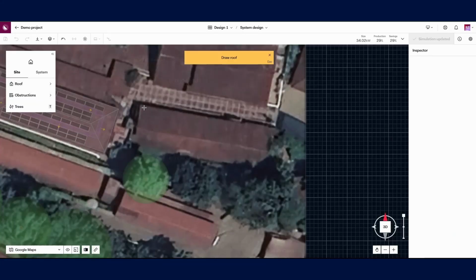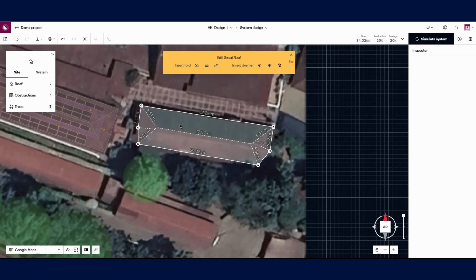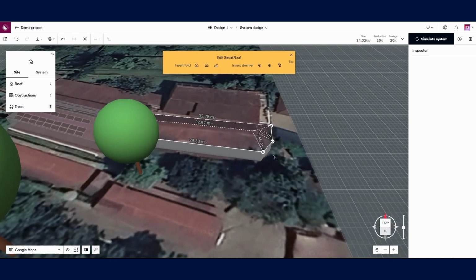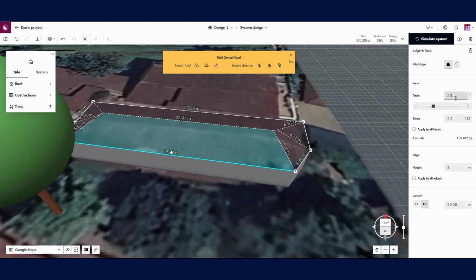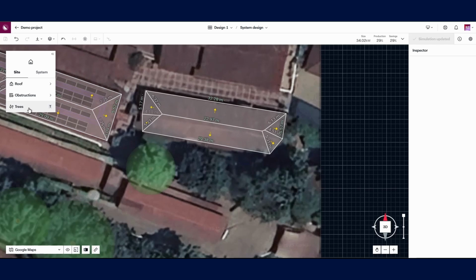For this client, there are currently 2 roofs where solar panels will be installed. Just like the first site, the designer goes ahead to map out the rooftop area. Our designers adjust the pitch and edge to be accurate to measurements taken on site, making sure the design is as accurate as possible. Once again, there are several trees around the project site, and the designer goes ahead and